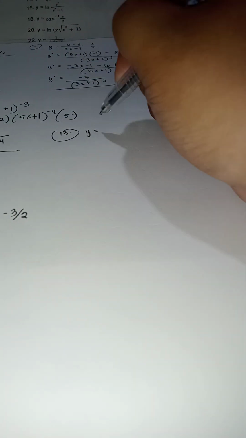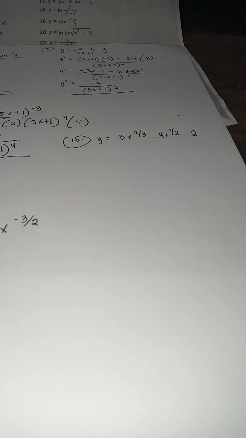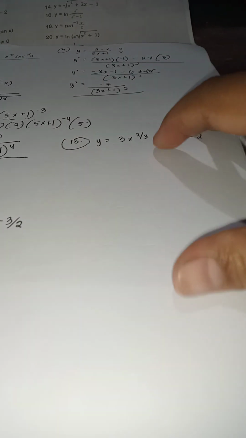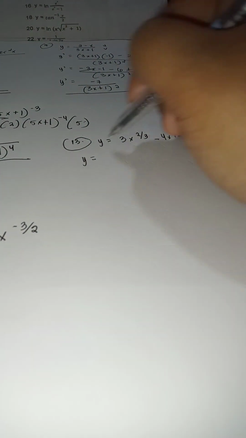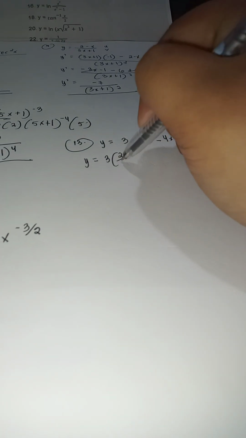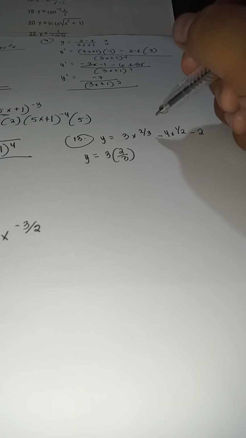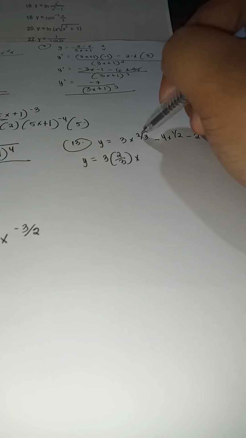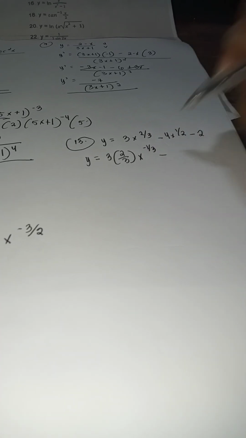We have here y is equal to 3x to the 2/3 minus 4x to the 1/2 minus 2. In solving this number 13, we are going to differentiate each term first. So y prime is equal to 3 times 2/3, using the chain rule, times 2/3, copy x, then 2/3 minus 1 is negative 1/3. Okay, so minus